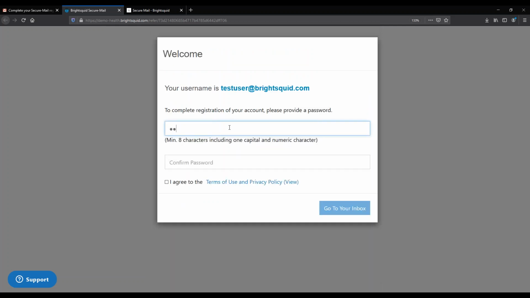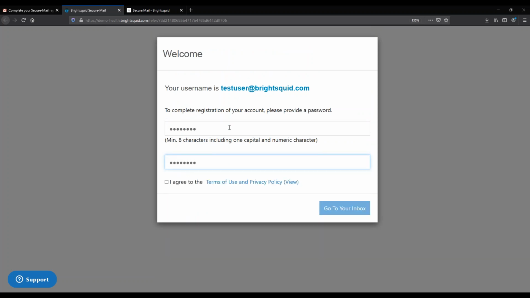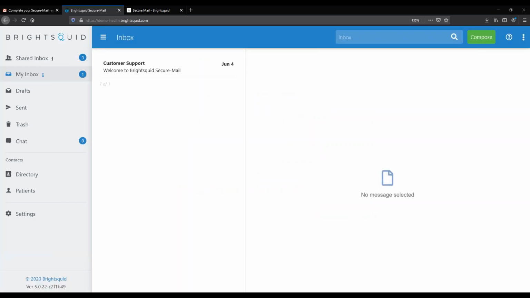I need to establish a password for my account. So I'll type in a password now, and that's it. Now I will just agree to the terms of use, which of course I would encourage you to click on and read, and we'll skip that for today, and then click on go to your inbox. Once I register as a Brightsquid Secure Mail user, now is when I will get my first look at how Secure Mail looks